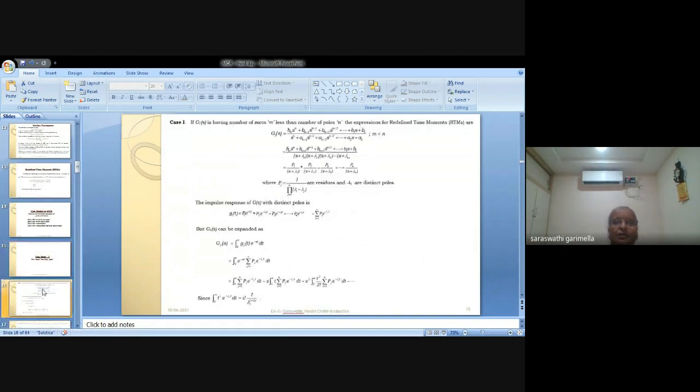So here the pole may be a complex conjugate or a real pole. So what I did is, the denominator polynomial is taken as a factored polynomial with lambda 1, lambda 2 and so on, lambda n, which are distinct poles. Those distinct poles may be complex as well as real, but not repeated. Distinct means not repeated. The partial fraction has been done, and these P1, P2, P3, Pn are the residues. So the impulse response of G(s) is this.